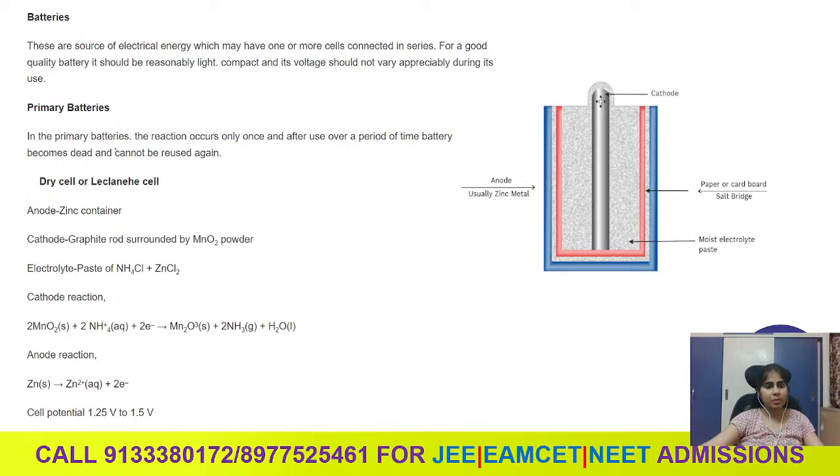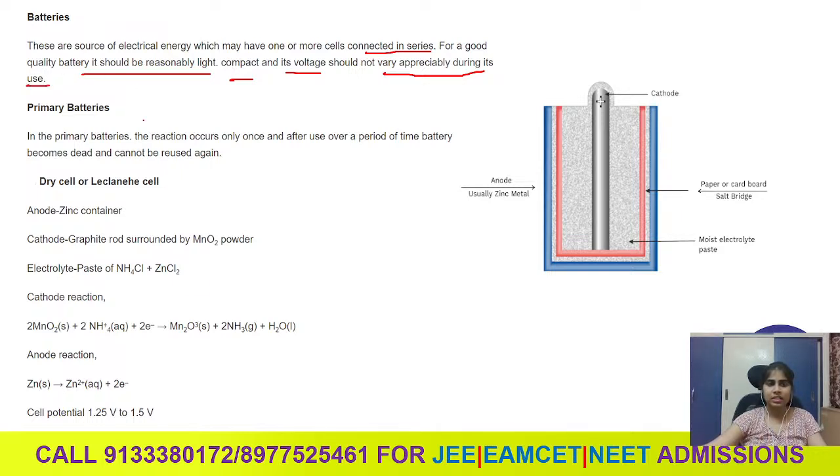And the next concept we have is batteries. As you can observe, there are types of batteries in your home also. Let us see what batteries are. They are sources of electrical energy which may have one or more cells connected in series. For a good quality battery, it should be reasonably light, meaning less weight, and compact, and it should have a high voltage, which should not appreciably